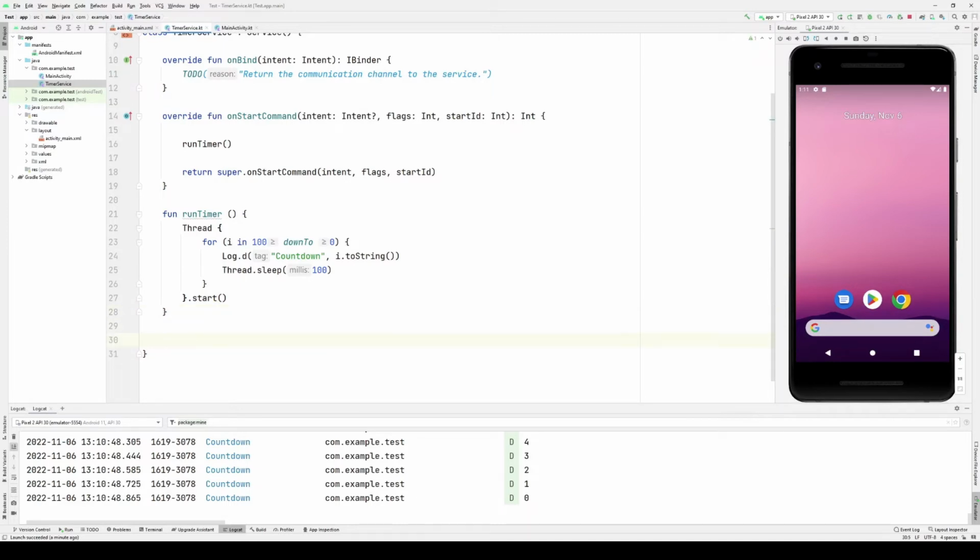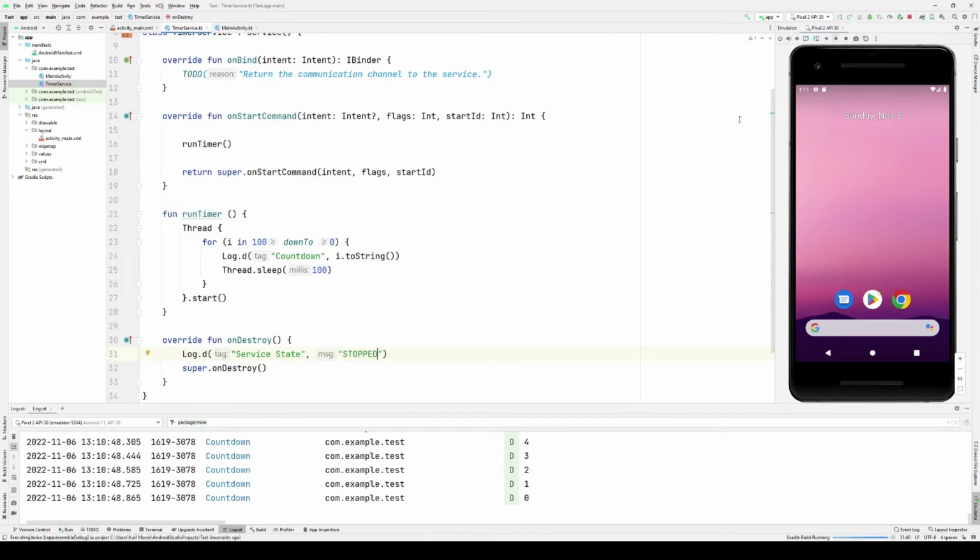And we can demonstrate this by simply overriding onDestroy, and we can verify that this log message will never be printed.